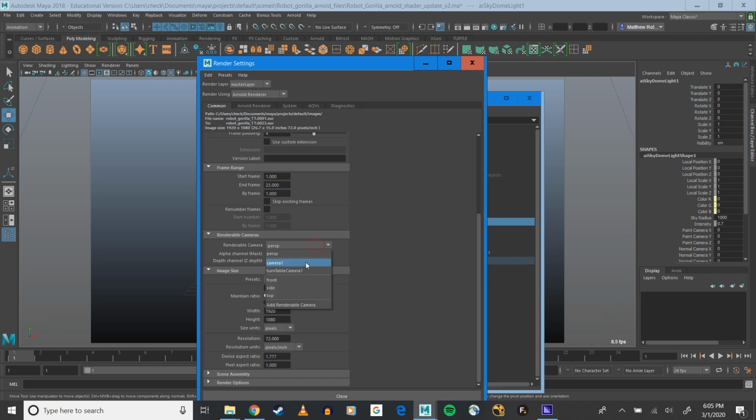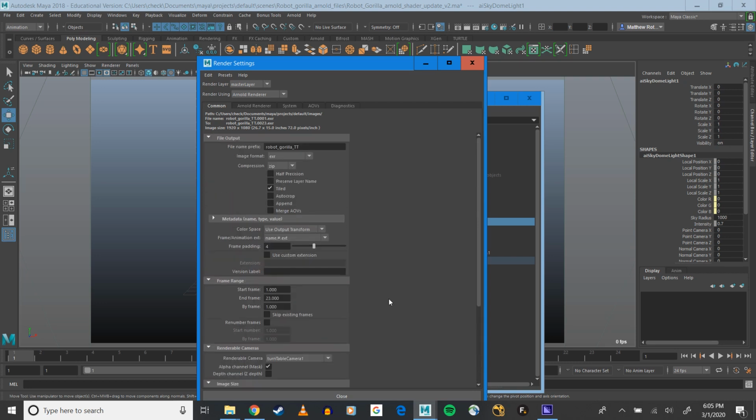My renderable camera, I want to select the right renderable camera, turntable camera 1. Then I already have it. By default, it's going to be at HD 540. If you want higher resolution renders, HD 1080, you can type those numbers in manually, or you can select the HD 1080 preset from the list, and that's what I'm working with. So all that should be good. Changed my file name prefix,